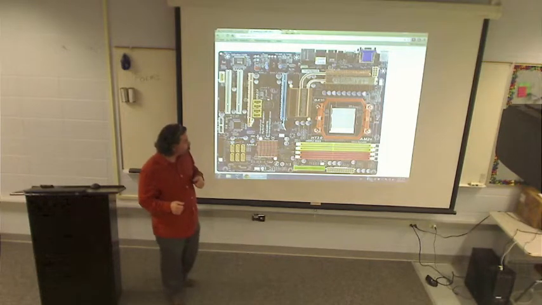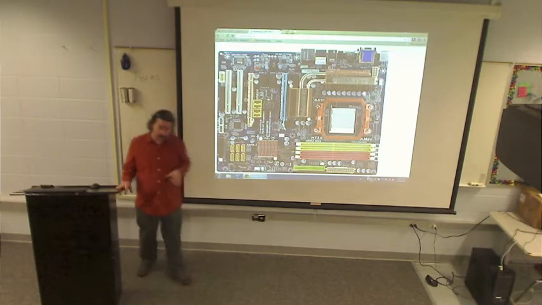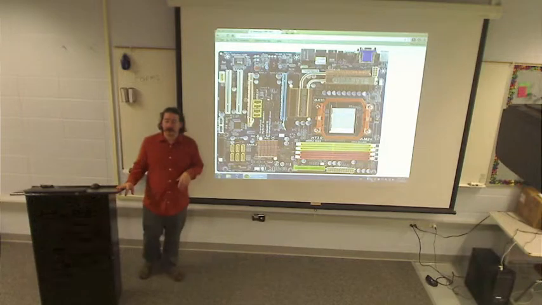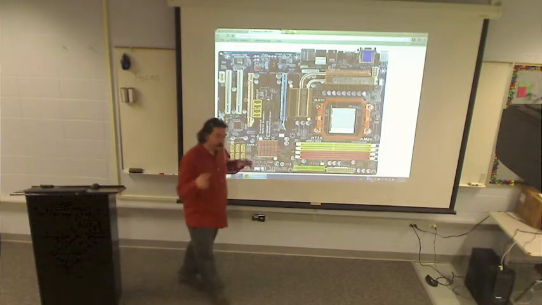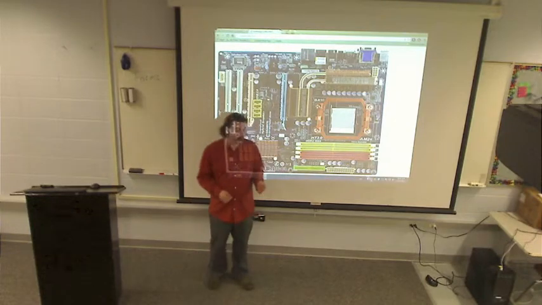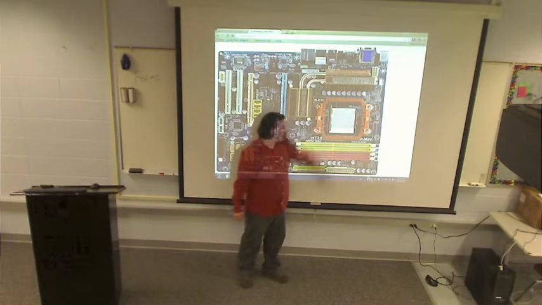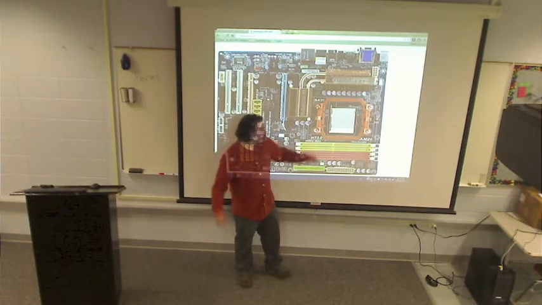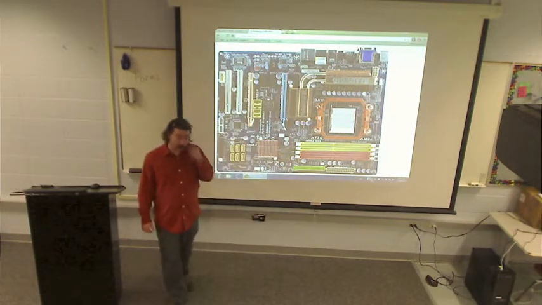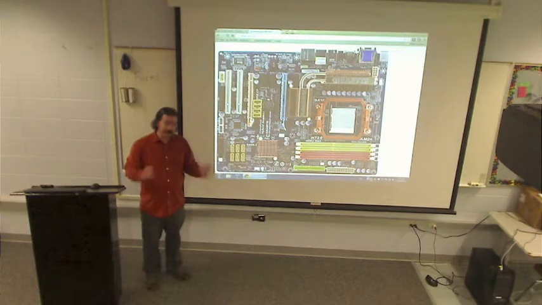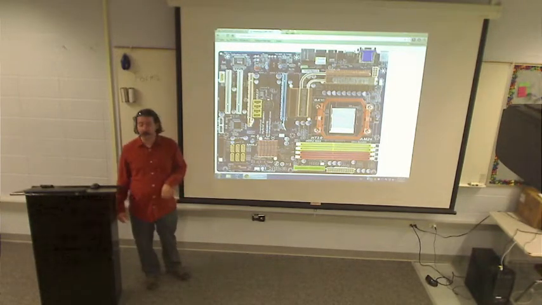Cool. We talked about hard drives. We're talking about hard drives a lot. Hard drives don't connect directly to the motherboard themselves. They require a cable as a go-between. So the processor plugs right into the motherboard. The RAM sticks right into the motherboard. The hard drive doesn't. The hard drive doesn't connect directly to it. It has a cable. There are two kinds of cables to connect hard drives. Old